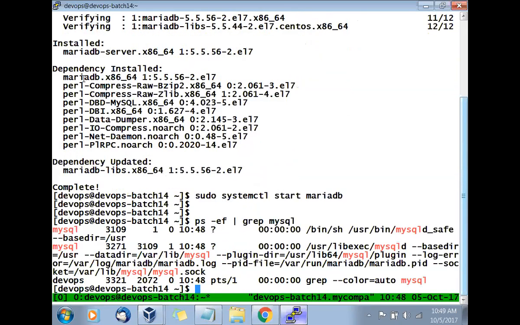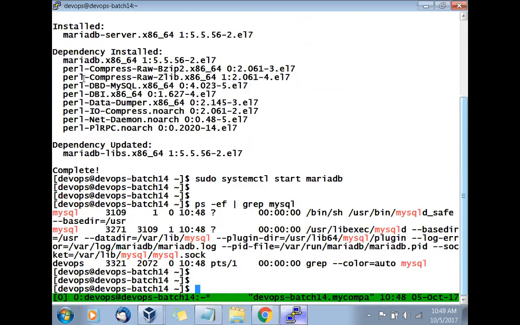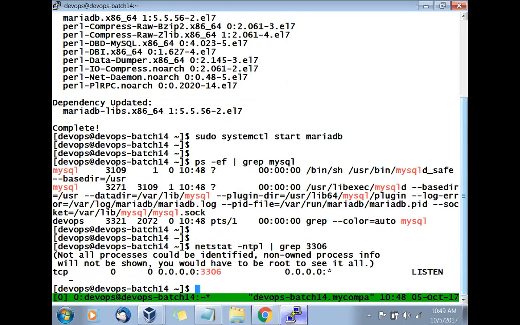You see that? And what is the port number? 3306. You will be able to see port number 3306.